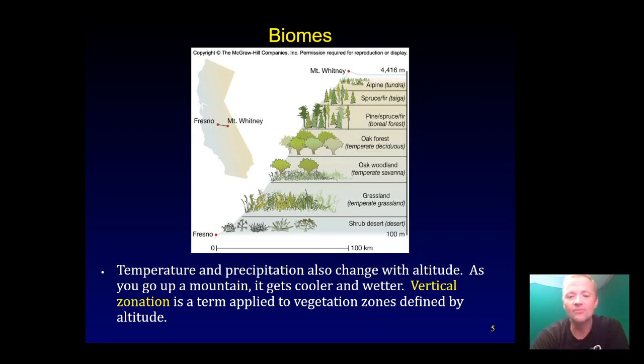So biomes, temperature and precipitation also change with altitude. Just know, when we're talking about tropical rainforests, they tend to be along the equatorial zone. Hopefully you understand. Hopefully you know that already. If you don't, maybe you're going to have a little issue with this. But most tropical rainforests are along the equator, right? The equatorial zone, as we say. That's where Thailand is, right? That's why we have a lot of tropical rainforests.